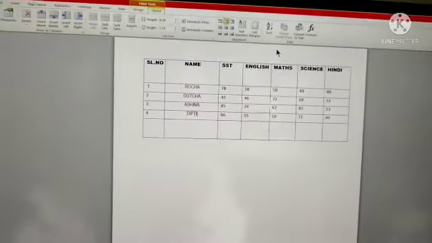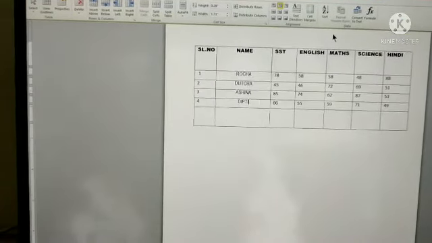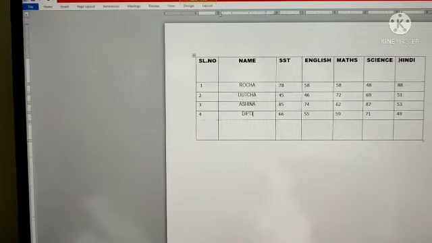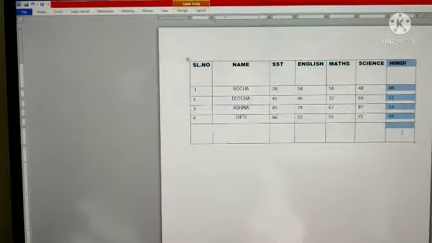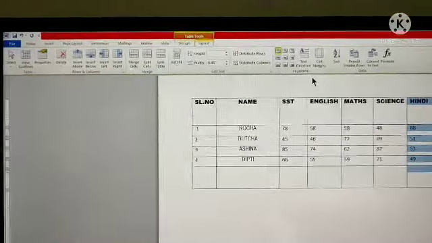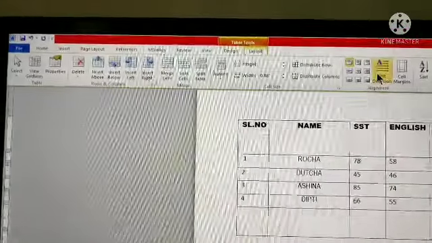Now let's see how to change the text direction. Suppose select this row. Go to the Layout tab. Here you can see Text Direction.